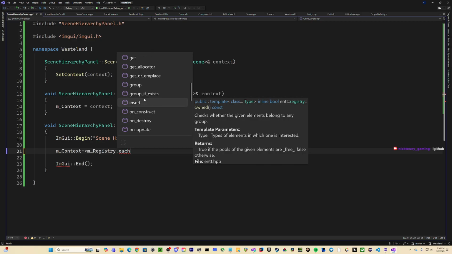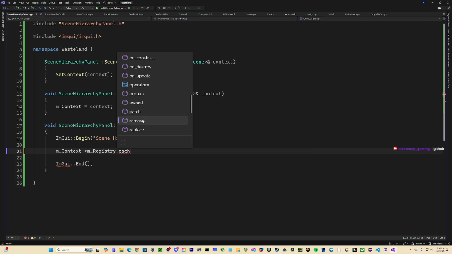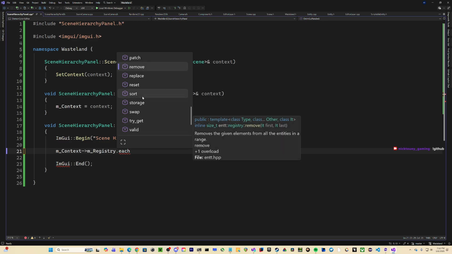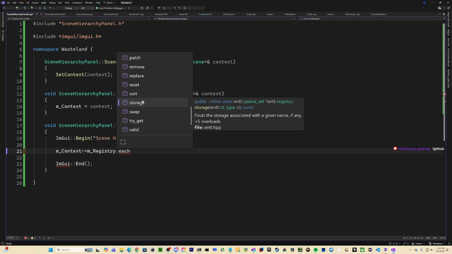So, trying to think. Patch, what does that do? Give an element for an entity, no. Move, probably not. Sort, no. Storage? And the storage associated with a given name, if any. Maybe? I don't know.